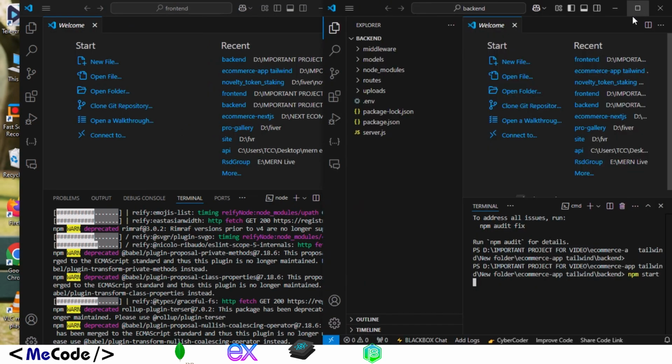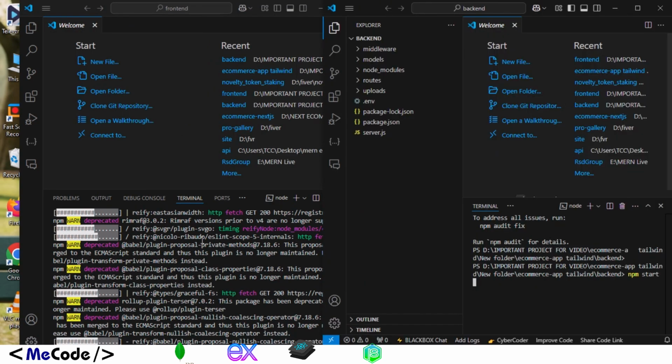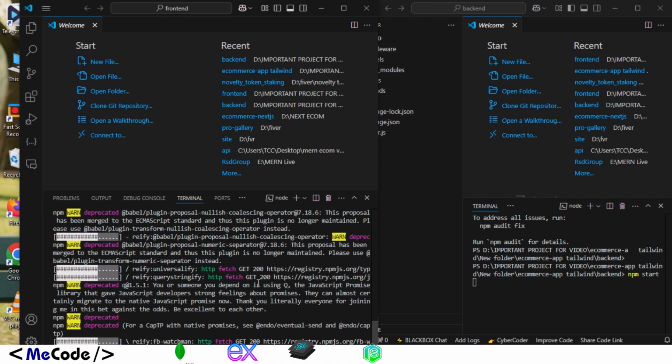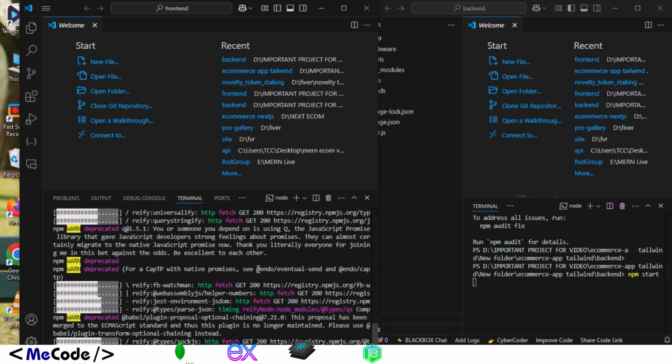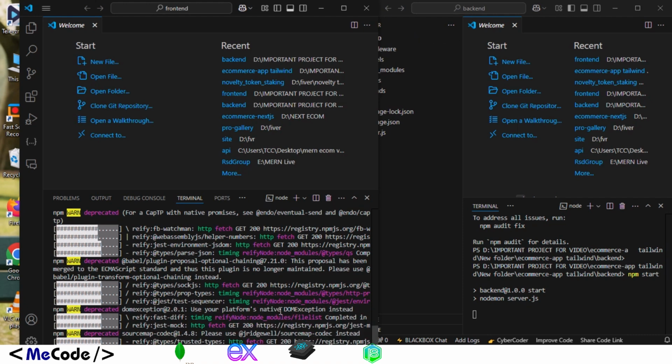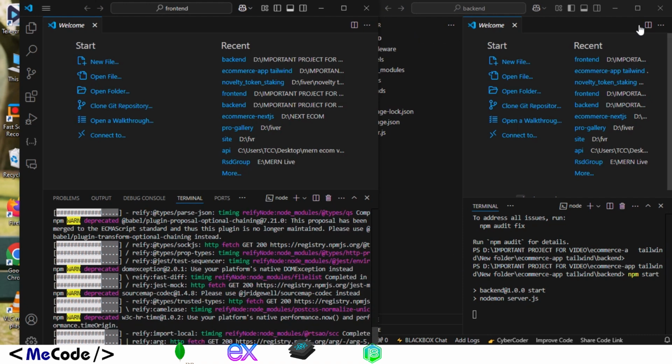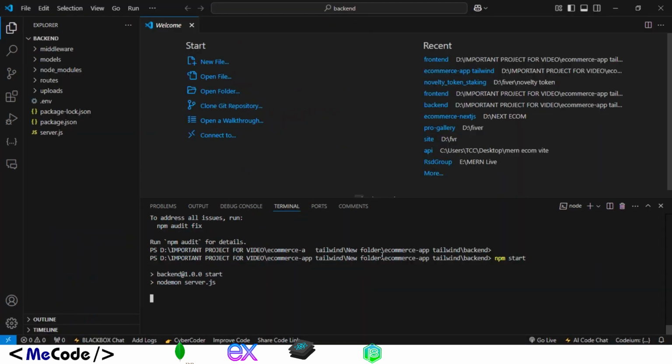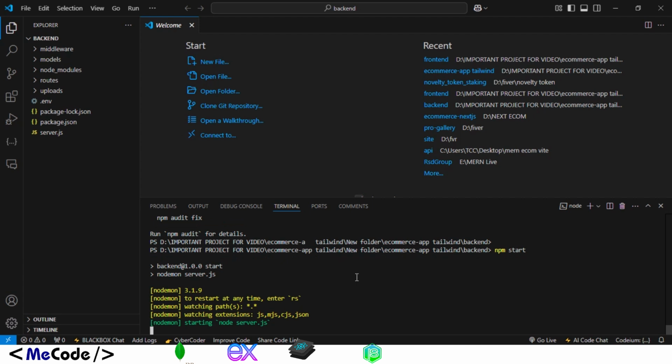Let's reduce the size, and let's come to the frontend, and let's check. These are still installing. Frontend is installing. Till then, let's check here. Let's start the node.js server. Okay, so our server is starting,